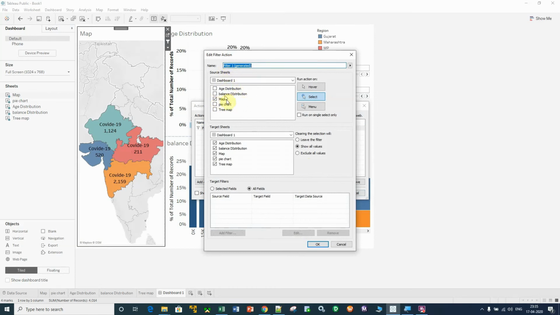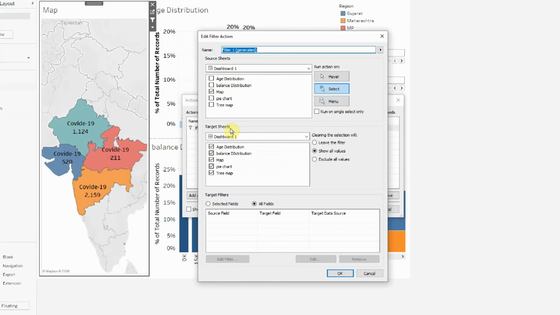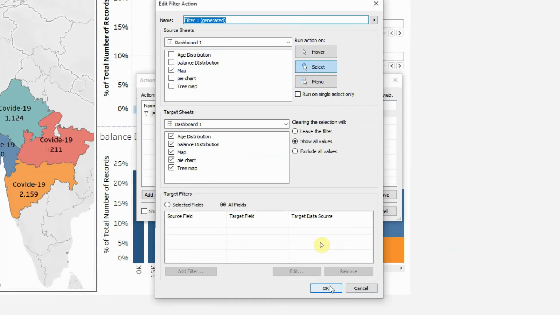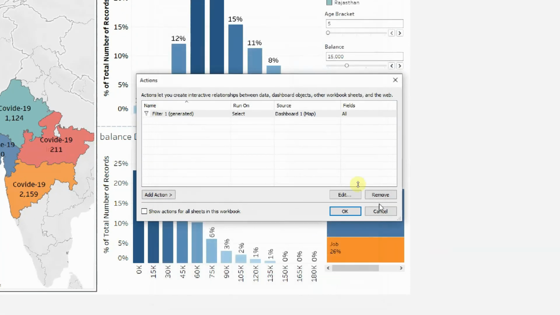In this case, the map is the source sheet, and what is the target sheet? Let me zoom in. This is the target sheet. All the other sheets are target sheets. That means we have created an action filter. So if you click on this map, all the target sheets will be adjusted. This is the magic of action filter, right? Click OK here.